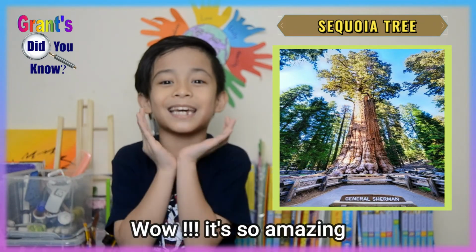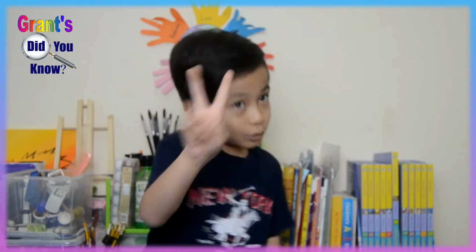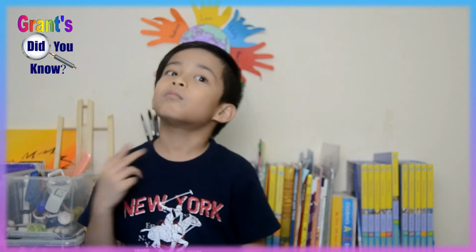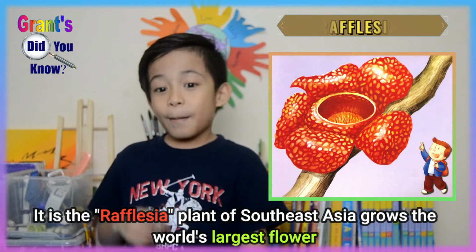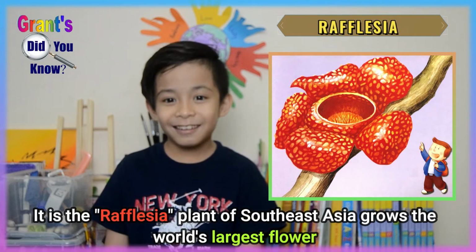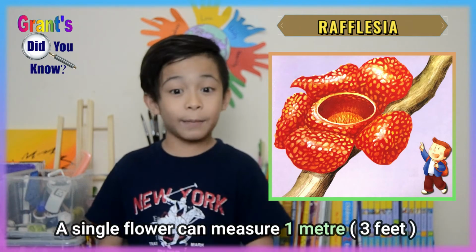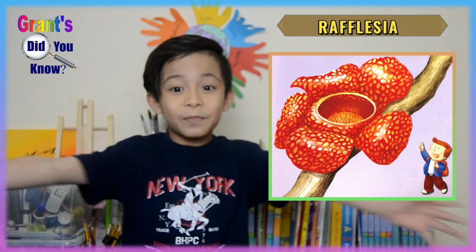Wow, so amazing! So next, fact number 2. Did you know what is the biggest flower? It is the rafflesia, a plant of Southeast Asia that grows the world's largest flower. A single flower can measure 1 meter, 3 feet,